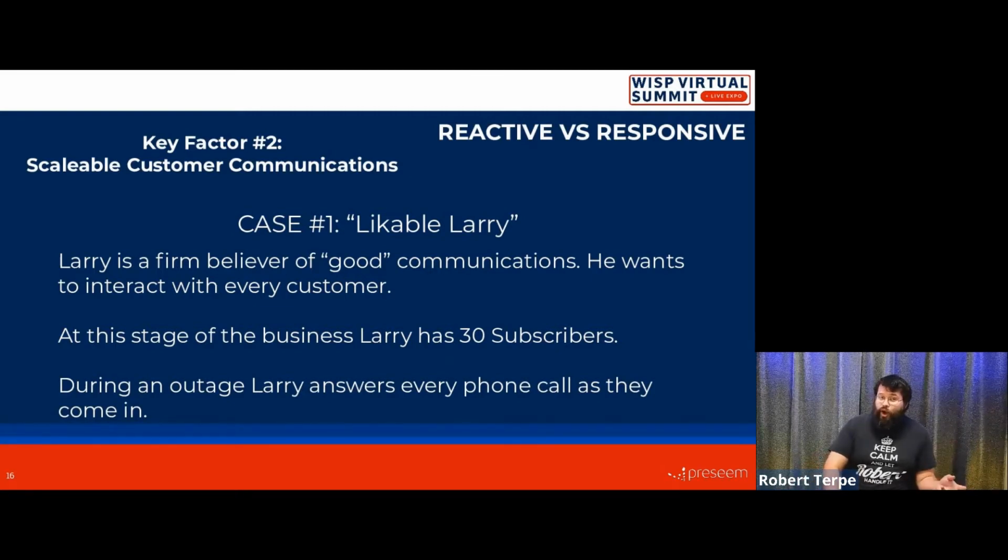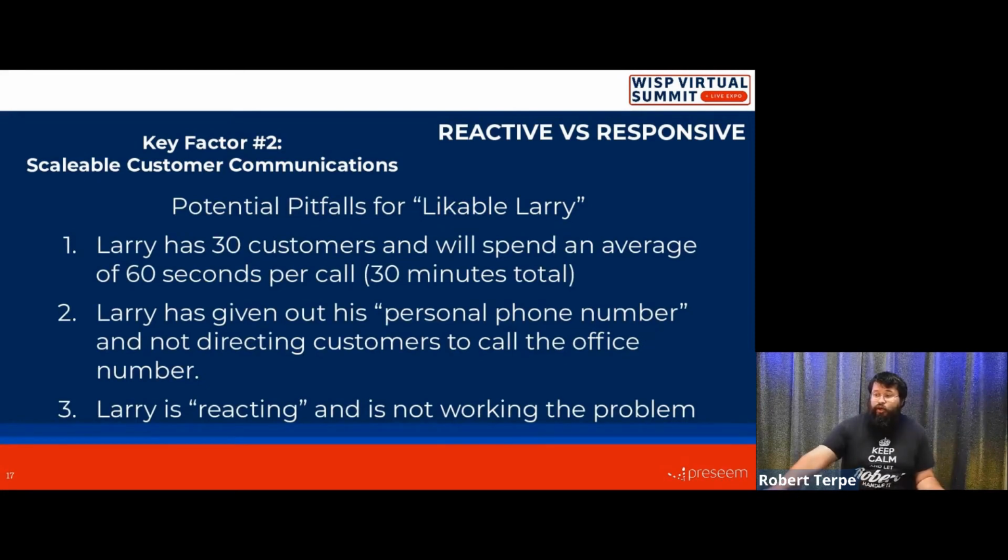All they really care about is what's up, what's down. And when they say, why is it down? Well, they're not really interested in why it is down. They just understand that it's down regardless of what explanations you're going to give them. So the pitfall in that type of scenario is now you've wasted a bunch of time, and also